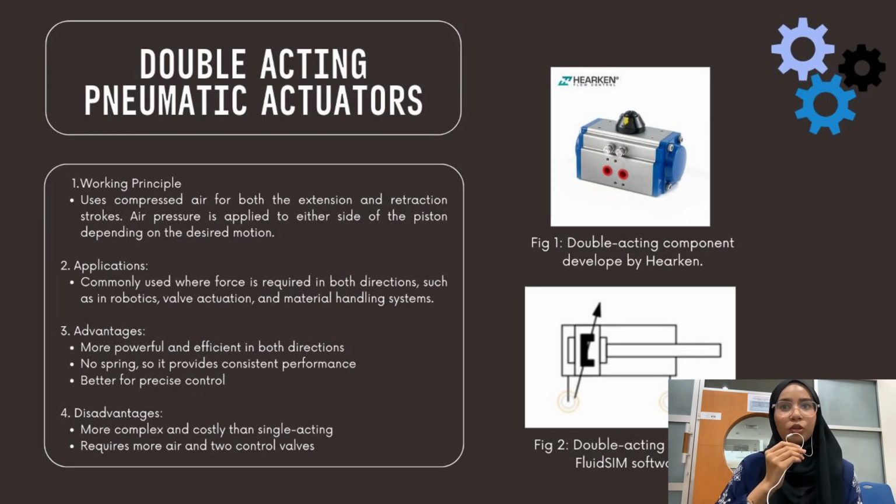Next, double-acting pneumatic actuators. It uses compressed air for both the extension and retraction strokes. Air pressure is applied to either side of the piston depending on the desired motion. It is commonly used where force is required in both directions, such as in robotics, valve actuation, and material handling